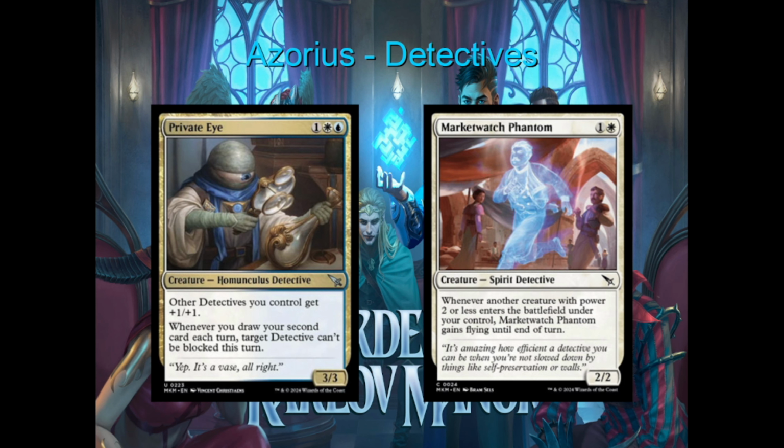So you definitely look for all these detective types to load into your deck, and they feature evasion with either unblockable or with phantom gaining flying whenever a creature with power 2 or less enters the battlefield. A lot of your detectives are going to be some of these lower powered creatures. So that's what the Azorius Detectives deck is going to look for: a lot of smaller creatures to flood the board, gain this evasion,